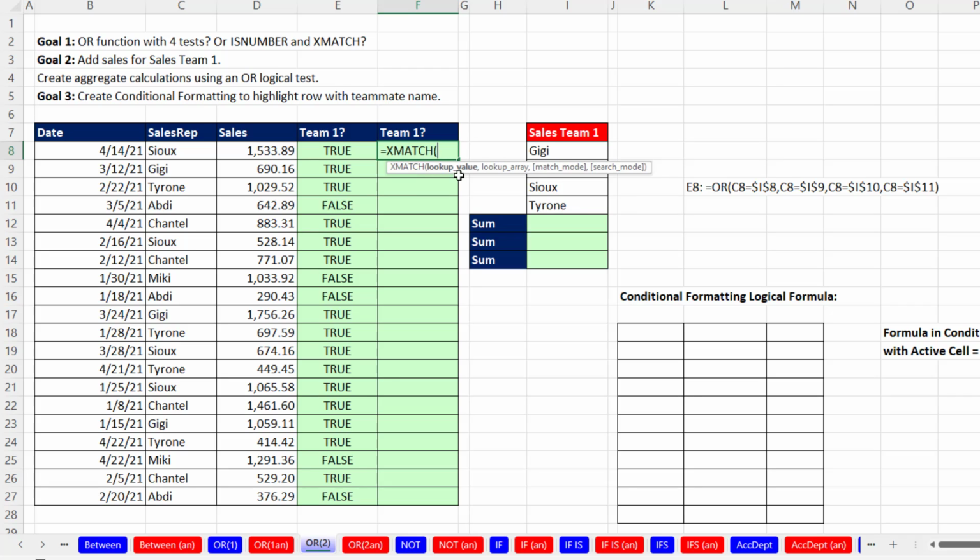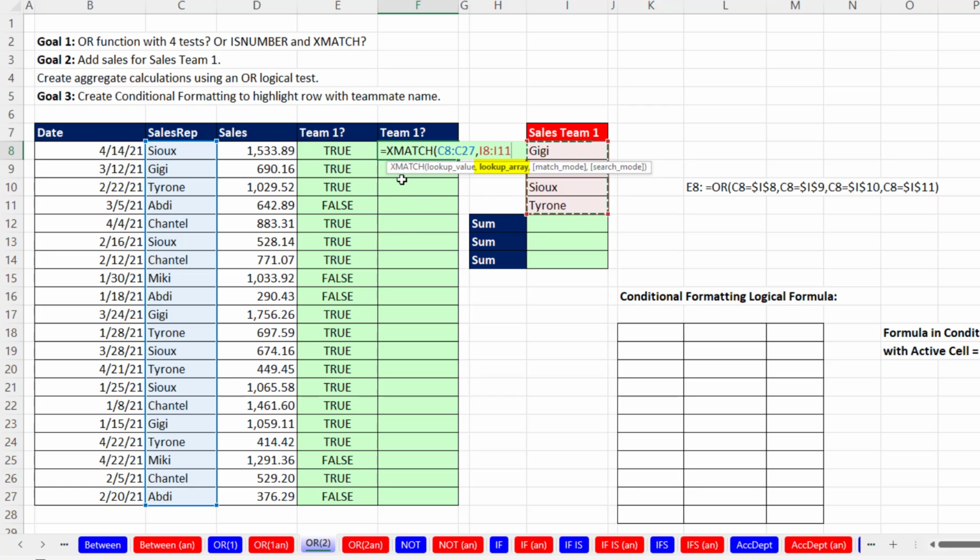Now, the XMATCH function is a lookup function that is designed to look up a particular value and tell you the position it is in the list. So XMATCH would take Sue and go 1, 2, 3. It's in the 3rd position. When it looks up Gigi, it's going to say, I found it in the 1st position. So in the lookup value argument, we're going to do a function argument array operation and ask the question for every single row, are you over in this list? So we comma, and the list that we're trying to look up the items and find the position,